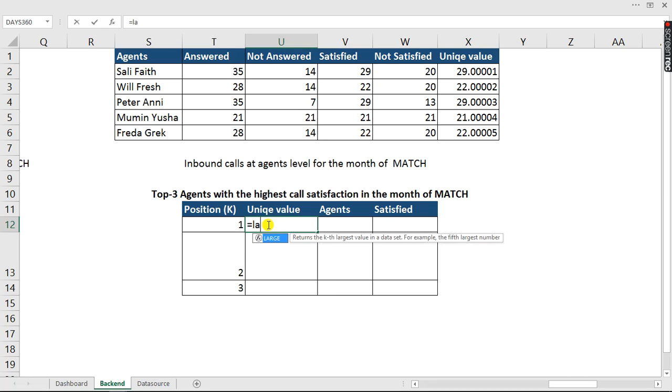So I'm going to say LARGE. The array is going to be here. We're going to select the three largest numbers from here, using this. So I'm going to close it, and we're going to lock this down because we don't want it to move away from there, else it will move and default to what we don't really like. So let's start. If I hit enter,